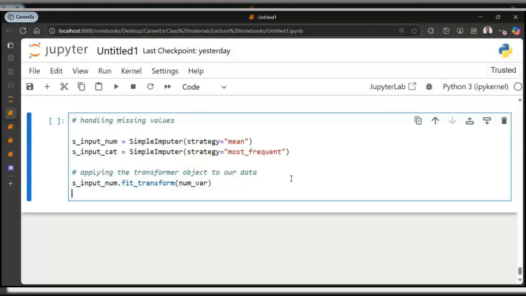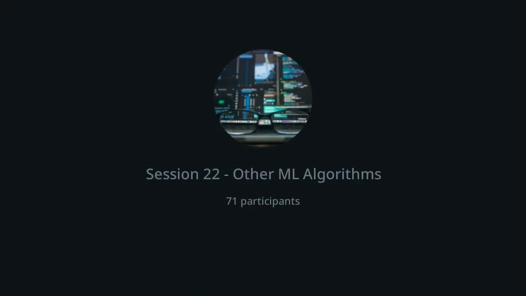And I'll come and say SimpleImputer cat.fit_transform, for the categorical variables. So this is an approach you can use in preprocessing or cleaning our data.